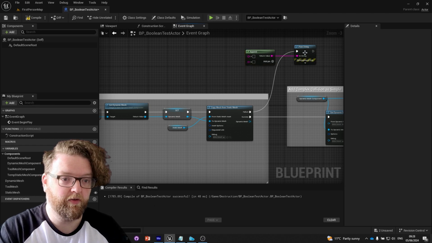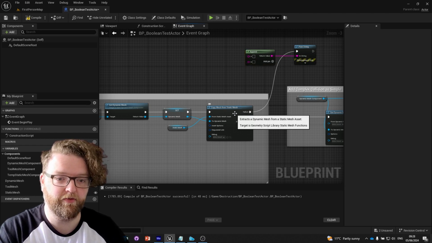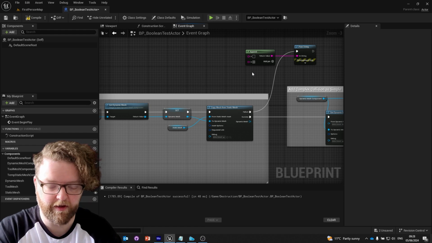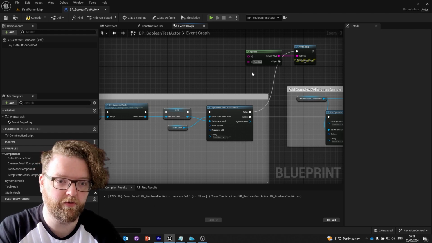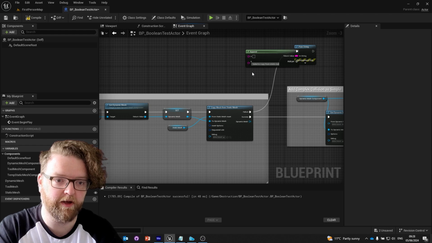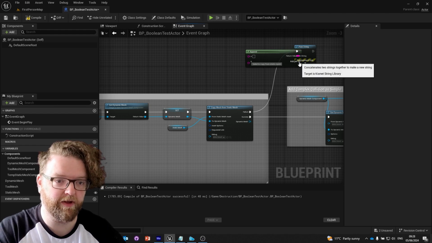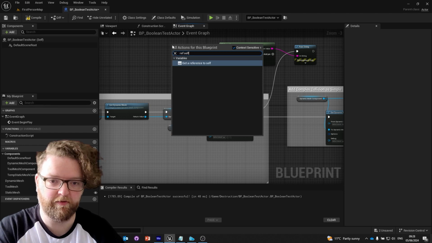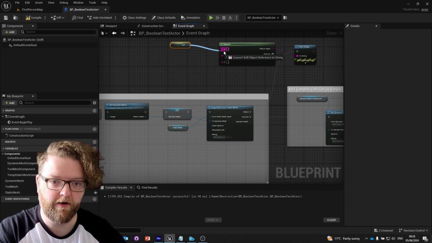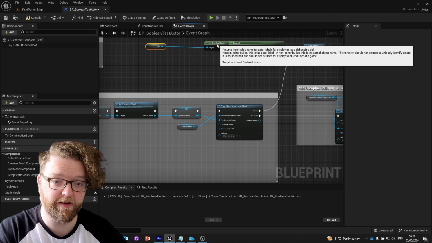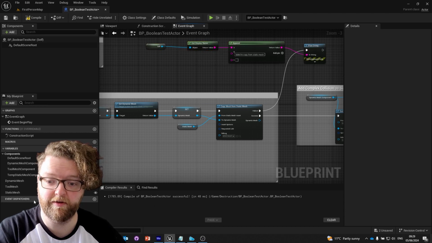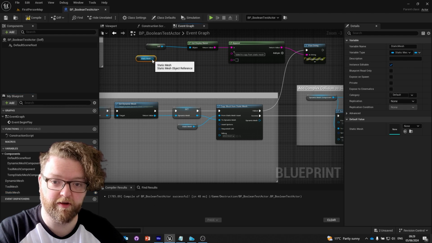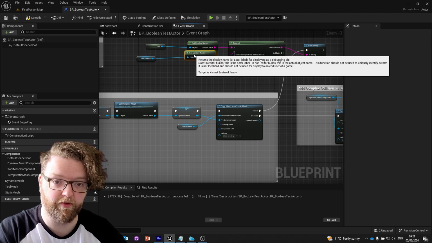So we're doing a debug string here. If it fails the static mesh, I'm going to put in B here, make sure it starts with a space. We'll see why in a sec. Failed to copy from static mesh. I'm going to put a space and add another pin. I'm going to get a reference to self here, plug that into A. We're probably not going to see this, by the way, but